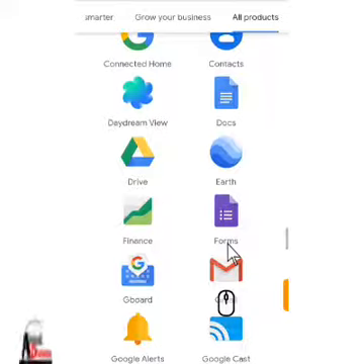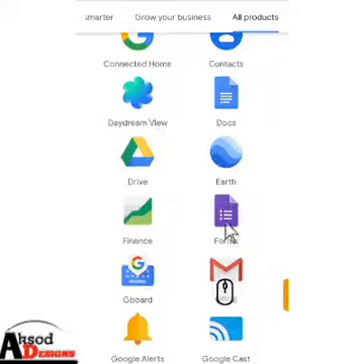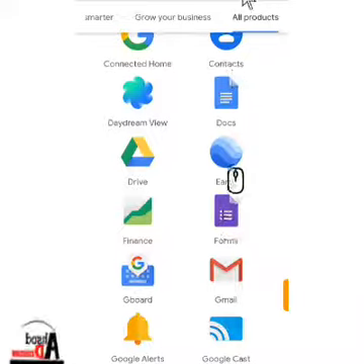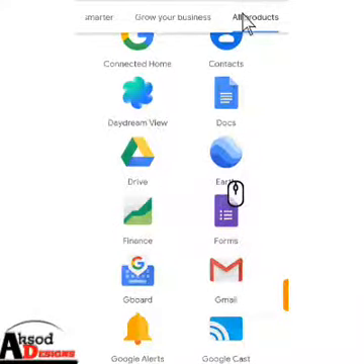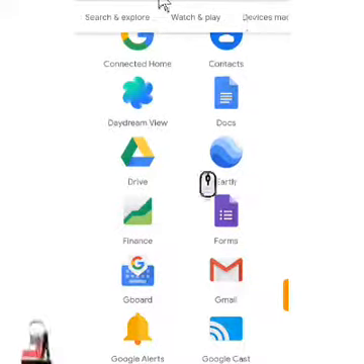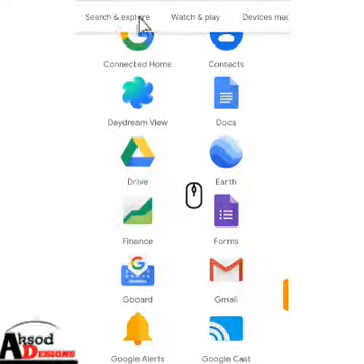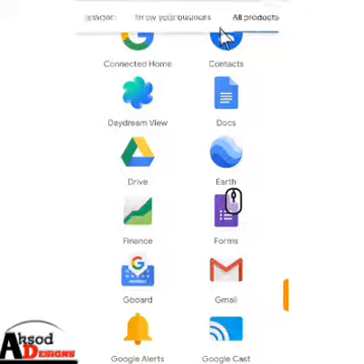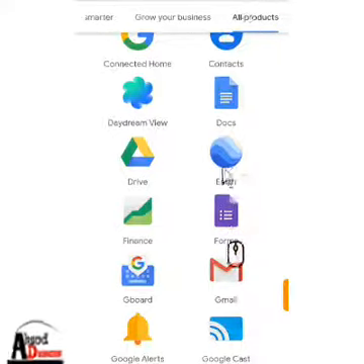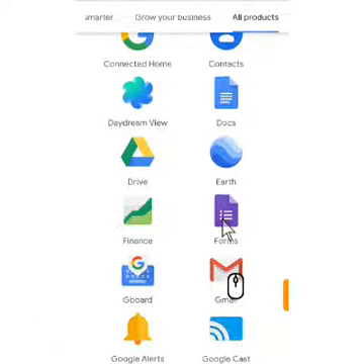And under it we have the form. These are the forms. Just go underneath, and if you want to make it more snappy, just go to all products. These are the things we have. This is the first thing it will bring: search and explore, watch and play. Just swipe to all products, and under all products click on forms,